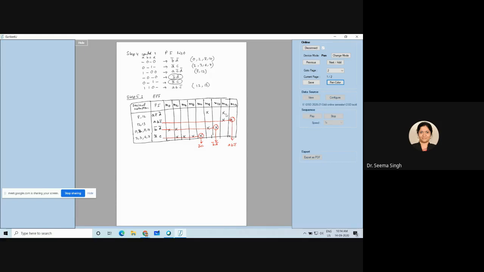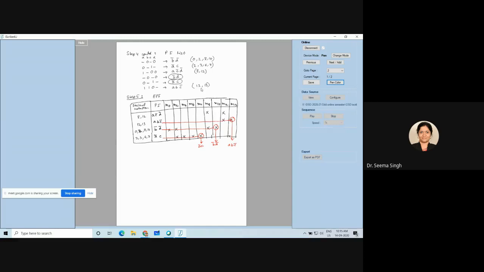So that means this as well as this both are crossed down, meaning it is being taken care of by somebody else. This M12 is being taken care of by ABC bar. You can see 12 is coming in both. So it is being taken care of by somebody. So this is not important. Coming on to M8, 8 is being covered by B bar D bar. So 8 is here also. So this A C bar D bar, 8 and 12 is covered by other things. So the other becomes an essential prime implicant and this becomes only a prime implicant.